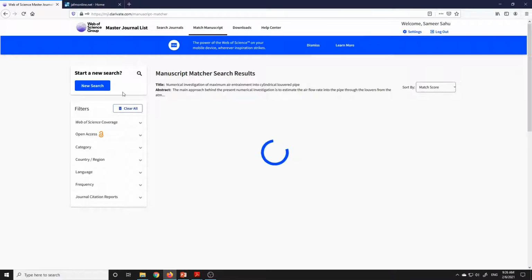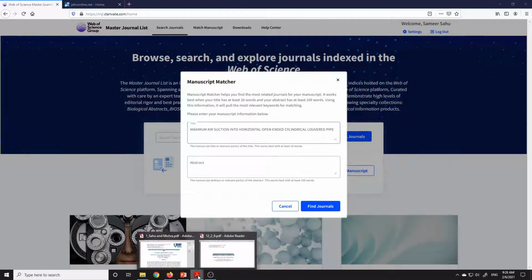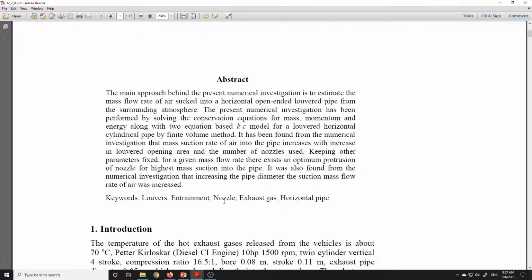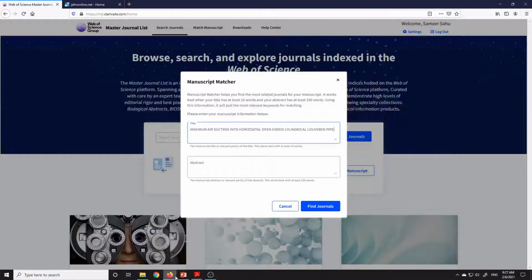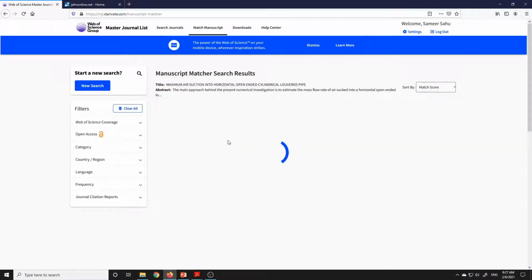Return to search and new search. Match manuscript, title. I think the result will most probably be the same, because both of them are part of one work.